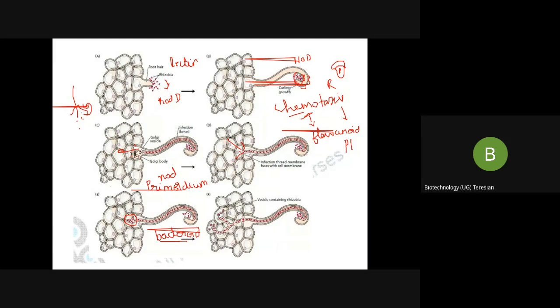So now what happens? The nodule develops the vascular systems. Okay, the vascular systems are produced. So what is the function? Once the bacteroids are inside the host root, now you saw this was the root, what I had drawn, root hair. Now here it has entered into the root and then it has enlarged itself, forming the root nodules. Now what is the function of the root nodules which is containing your bacteria? To fix the nitrogen.